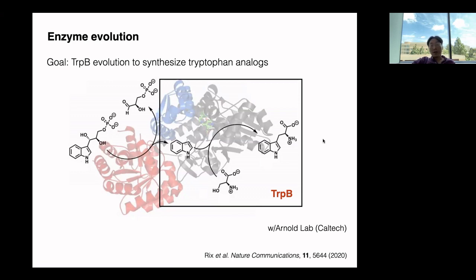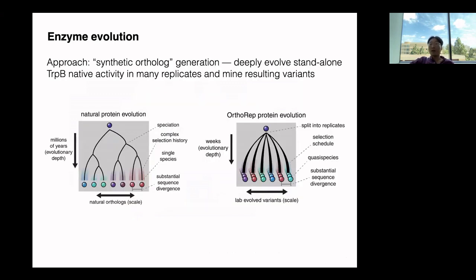But one of the other directions we took in this project was to essentially just evolve TrpB for tryptophan activity, but hope that the diversity in the outcomes we would create would capture a lot of different promiscuous activities. And this is inspired by nature. It's an approach that I would call synthetic ortholog generation, where basically the natural version of ortholog generation